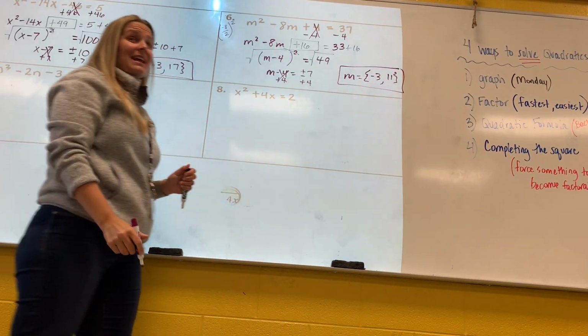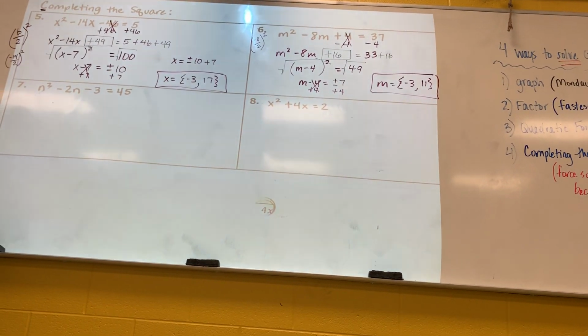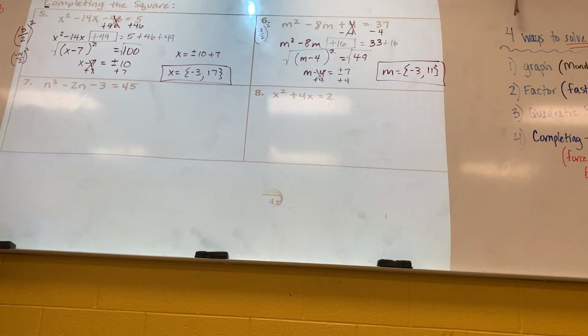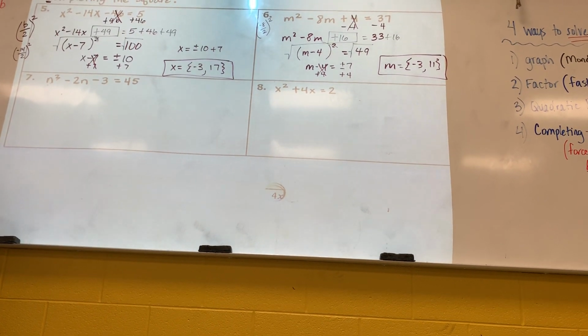Look how fast that is. Look at not having to factor and not having to run quadratic formula. Well, once again, this only works if A is 1 and B is divisible by 2. You don't want to do it if it doesn't meet that criteria. If it doesn't do that, if